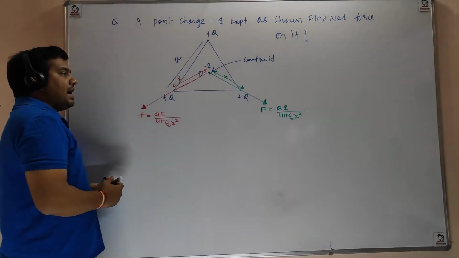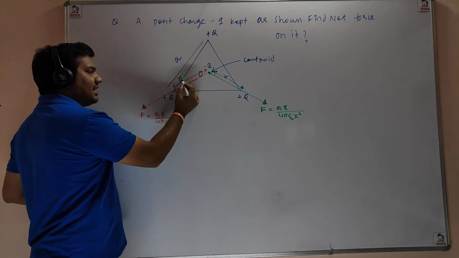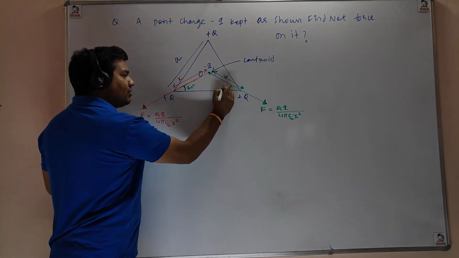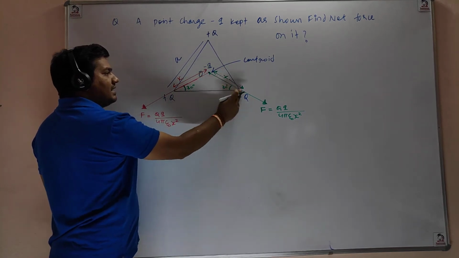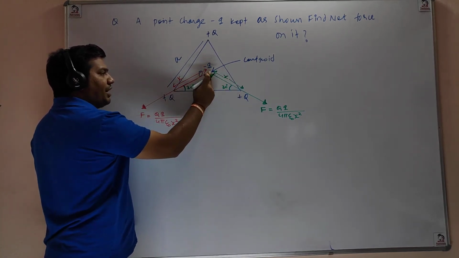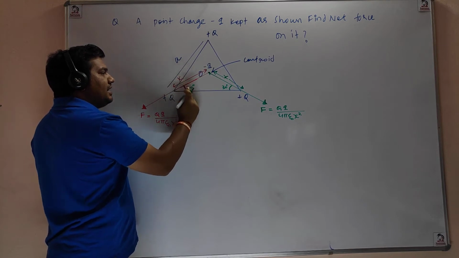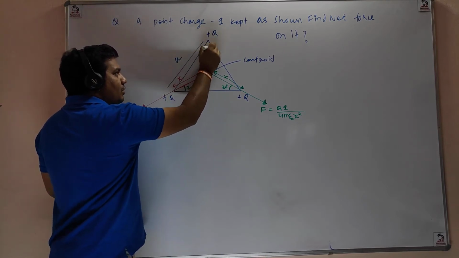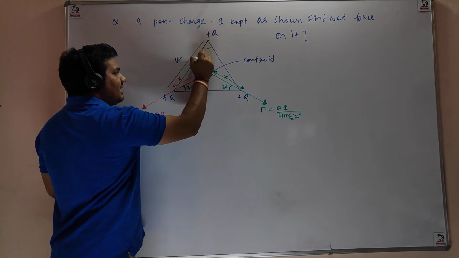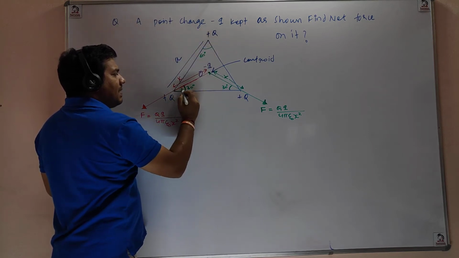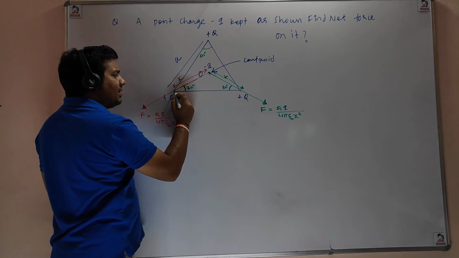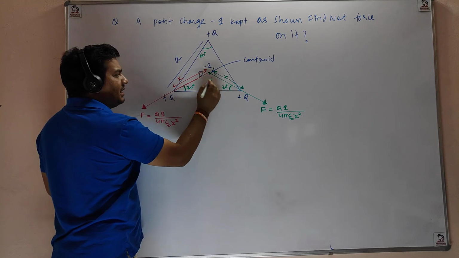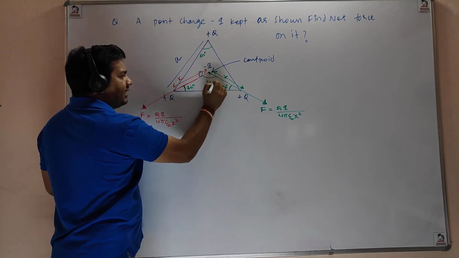Agree? And this complete angle is 60 degrees, but this angle is 30. This is also 30, because the line joining vertices and centroid divides the angle into two equal parts. The complete angle is 60 because it's an equilateral triangle. But this bisector, the line joining vertex and centroid, will divide this angle into two equal parts. So this is 30, this is 30. So this must be 120 degrees.